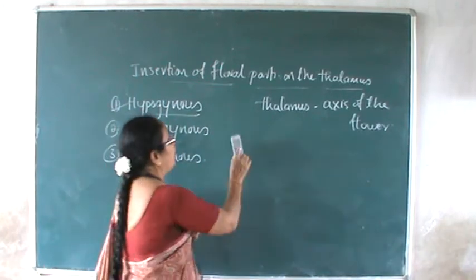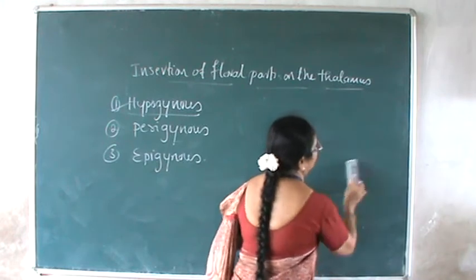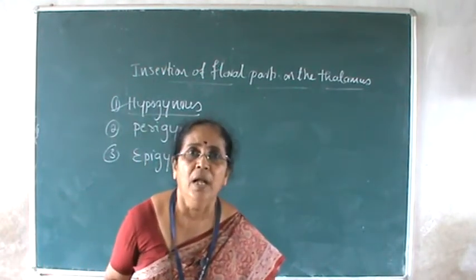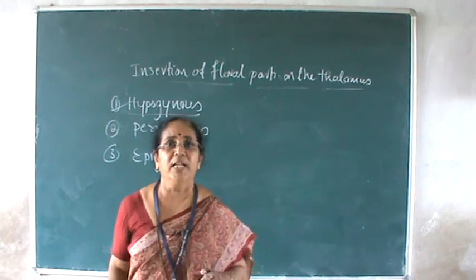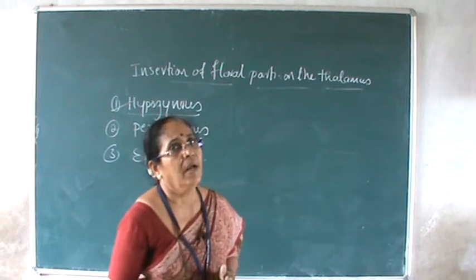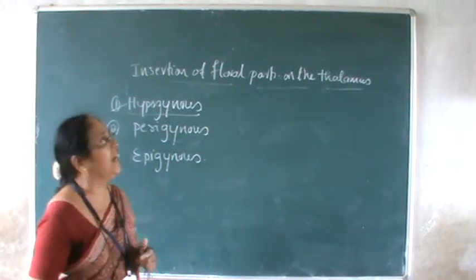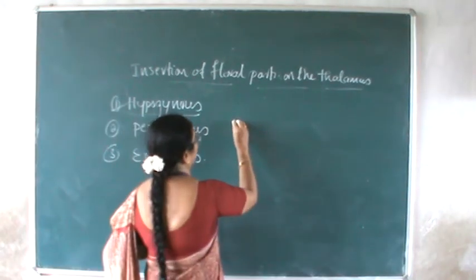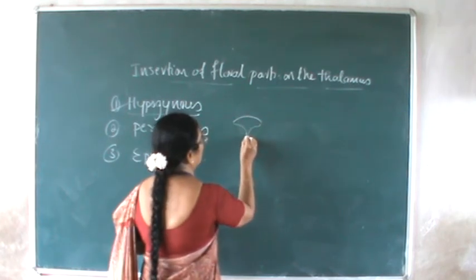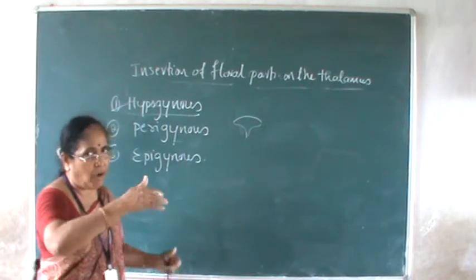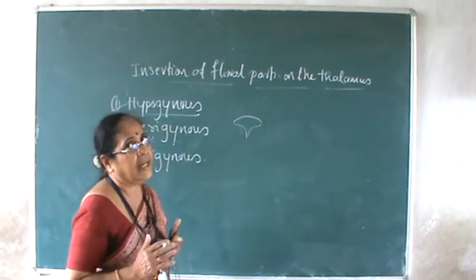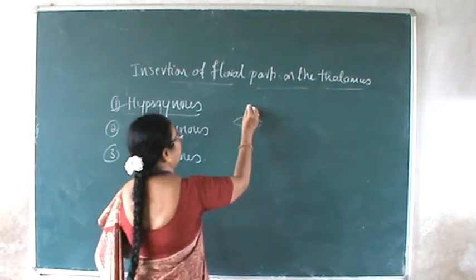In case of a hypogynous flower, write down the character for a hypogynous flower. A hypogynous flower has a thalamus which is a convex disc-like structure. I'll draw the diagram over here. So this is the thalamus, right? Convex disc-like structure. And on this convex disc-like, highly reduced thalamus,